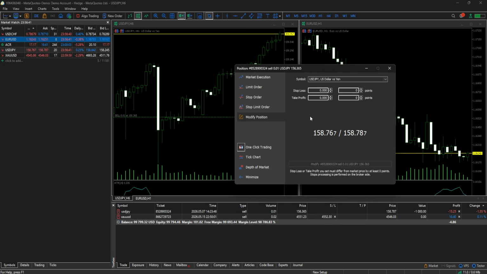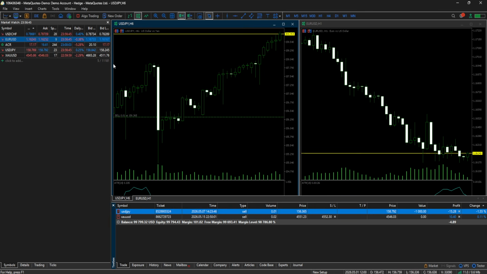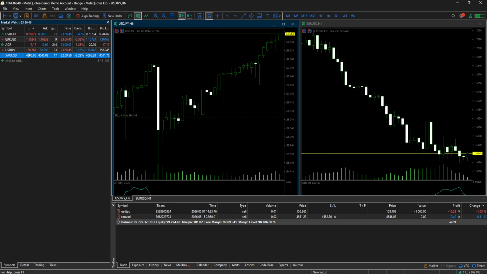Next, confirm the market is actually open. In Market Watch, prices should be moving. If they're frozen, the market may be closed for that symbol or it may be temporarily unavailable. Some instruments have specific trading sessions, so